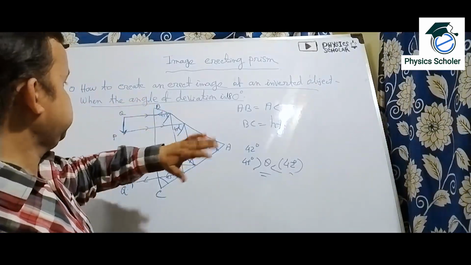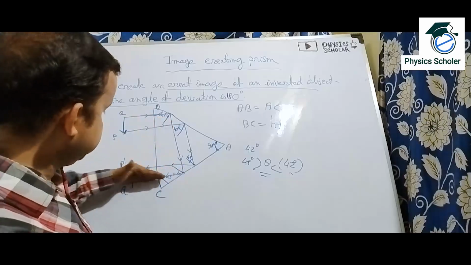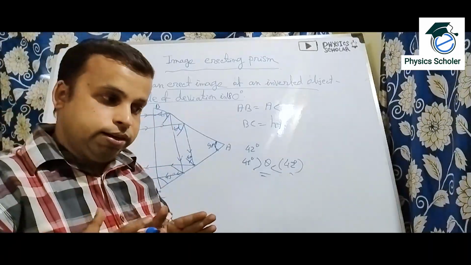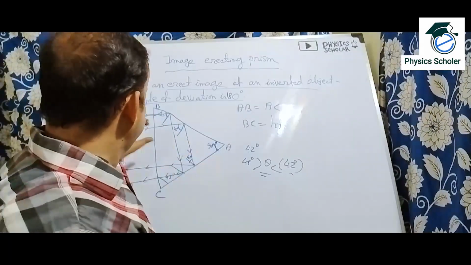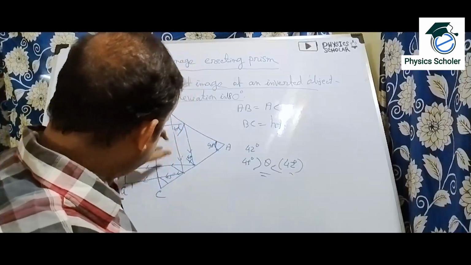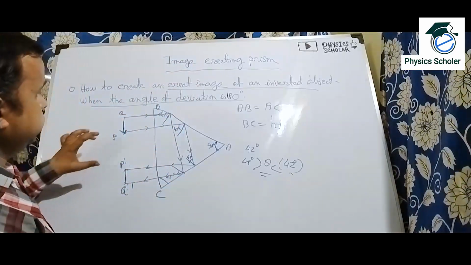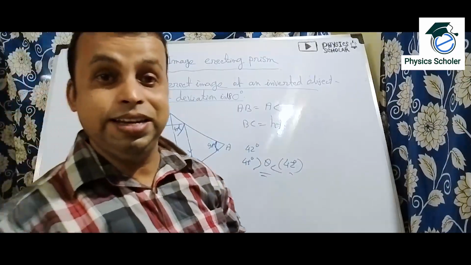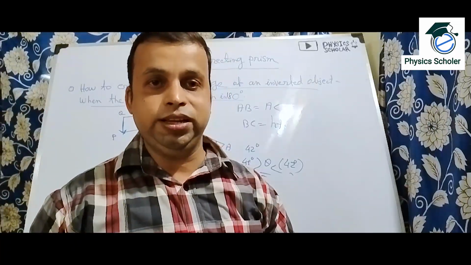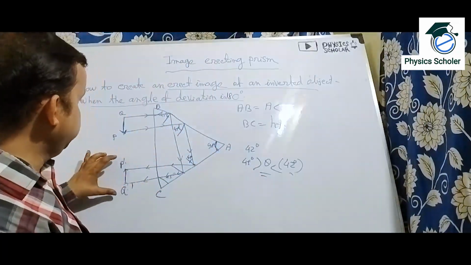Here what will the angle of deviation be? In the same line it is coming. So the ray is entering, the incident ray, and below it is coming out. So here the angle of deviation will be 180 degrees. In the previous case it was 0 degrees, and here the angle of deviation will